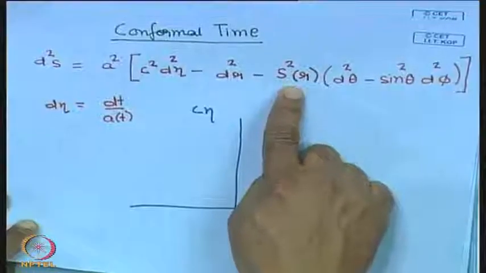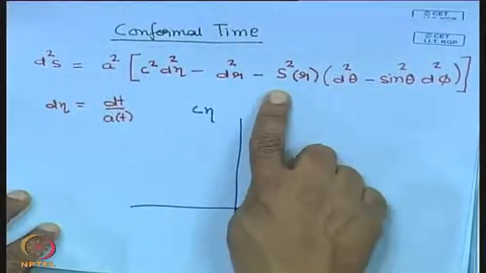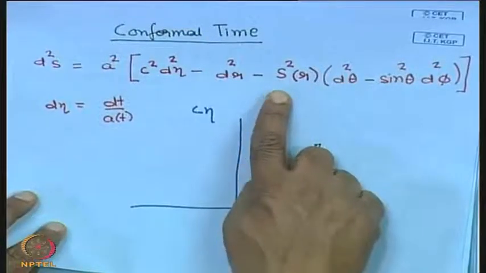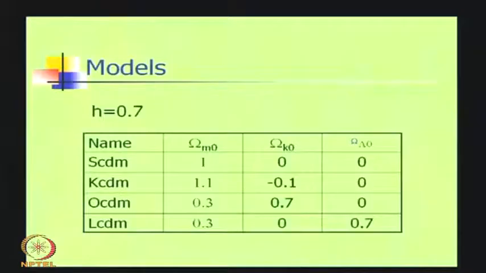Let me also show you how S behaves with redshift, because given the redshift you can determine R, and from R you can determine S. If the model is spatially flat, S and R are exactly the same. But if the model has curvature, then they will be different. The entire subsequent discussion is going to be in the context of these 4 cosmological models. We have given them names. I will request you to keep in mind that there are 4 cosmological models in the context of which we are going to have the discussion.